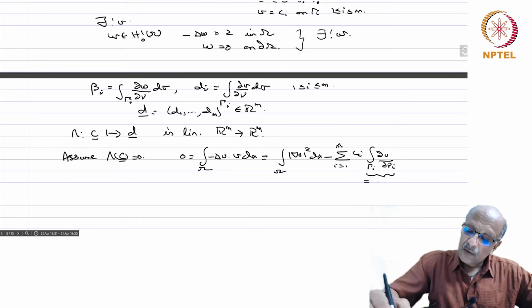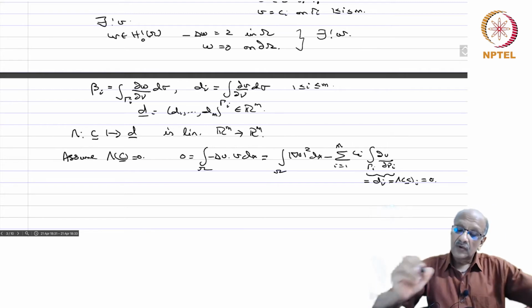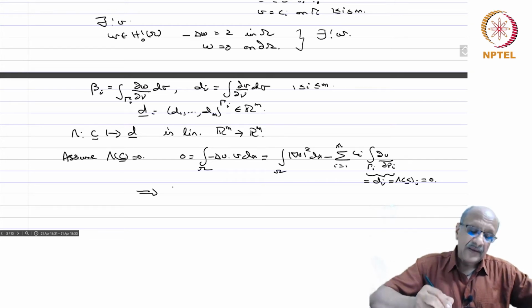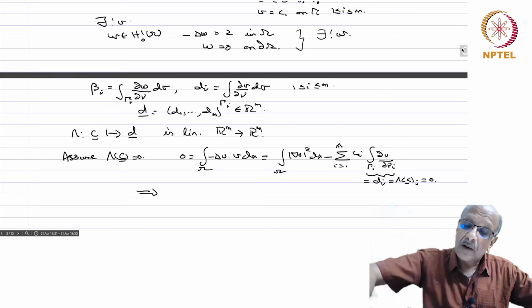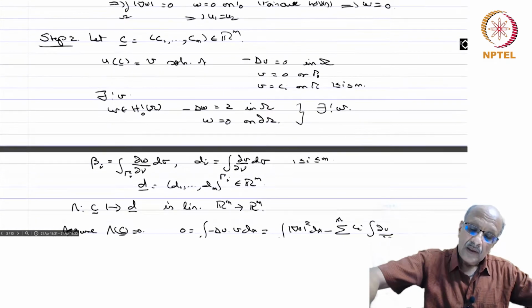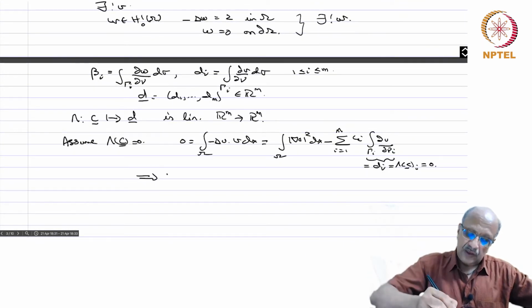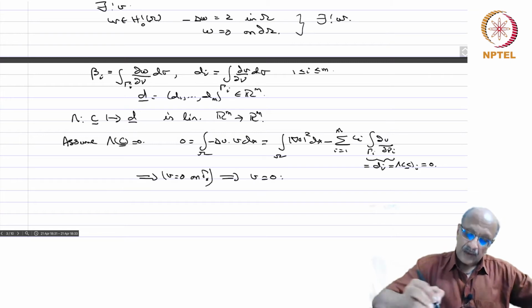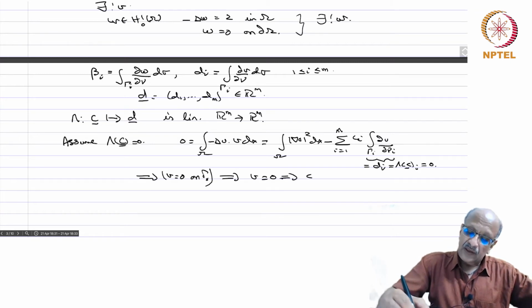But this is equal to di and that is equal to lambda of C I, and therefore that is equal to 0, that is given to you. And therefore, again this implies since V is also 0 on gamma naught, Poincare holds and therefore, this implies that V equal to 0 and this implies that C equal to 0